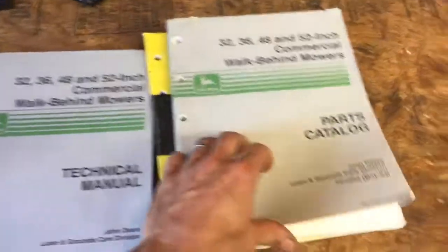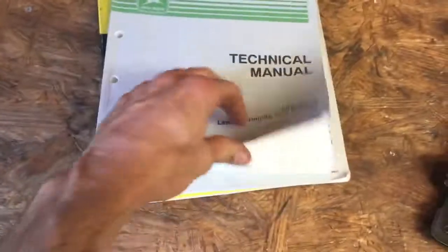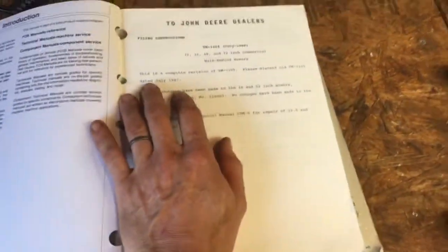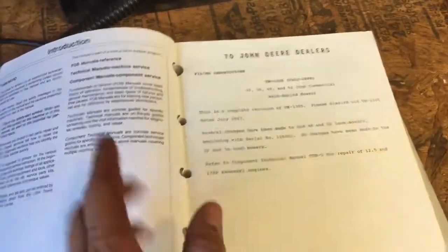But even in here, where is that? Oh, technical manual. Here we go. In the beginning of this, it says this is a complete revision of whatever the last one, I guess. Please disregard all the...